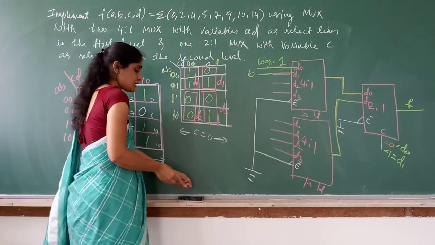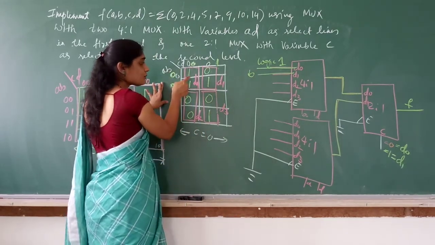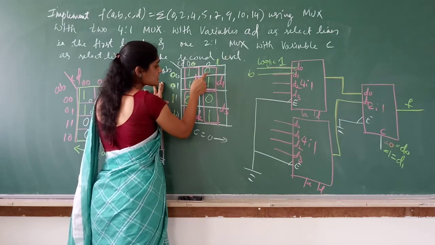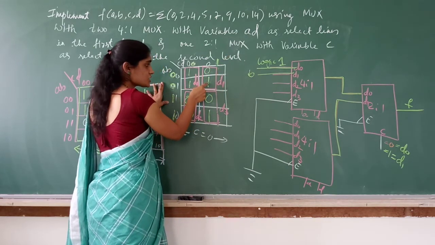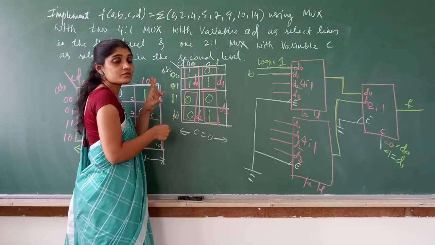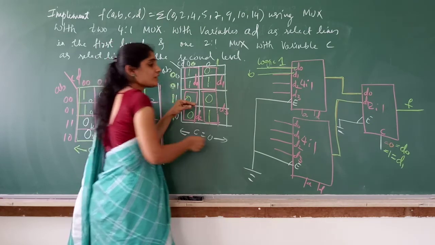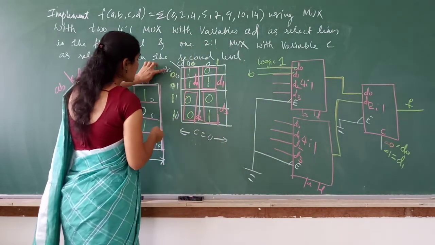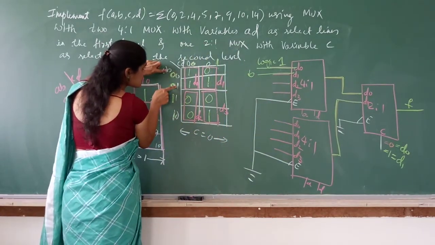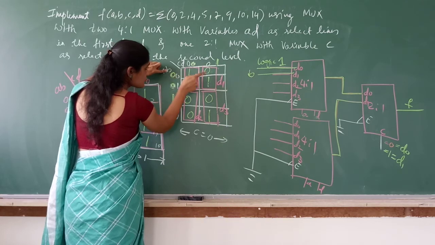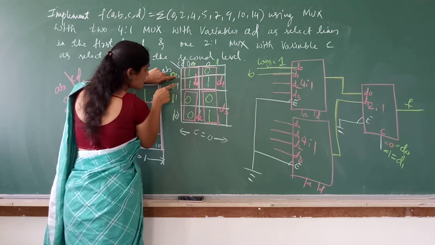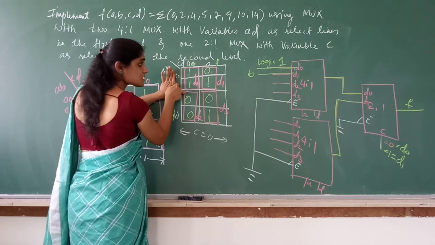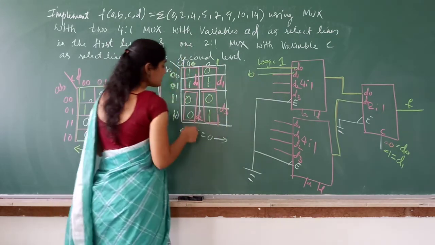I'll repeat. Since for D0, both the cells are taking 1, I can write 1. But for D1, it is taking 0, 1. Now, when this condition occurs, we have to compare that with the other variable. What is the other variable? AD is already here, C is already here, B. Now look at B. For these two, B is 0, B is 1. Now you just look: 0, 1, 0, 1. So D1 is same as B, so I'll write D1 is B.